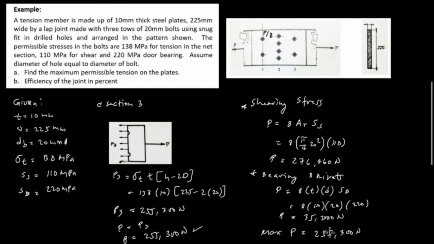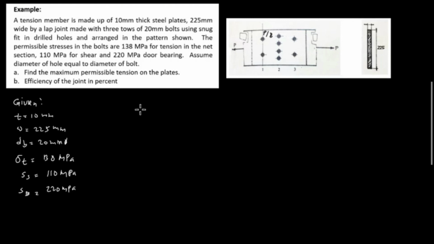The maximum permissible tension on the plates is equal to 255,300 Newton. We need to find the efficiency of the joint in percent, and E is equivalent to T over full strength,